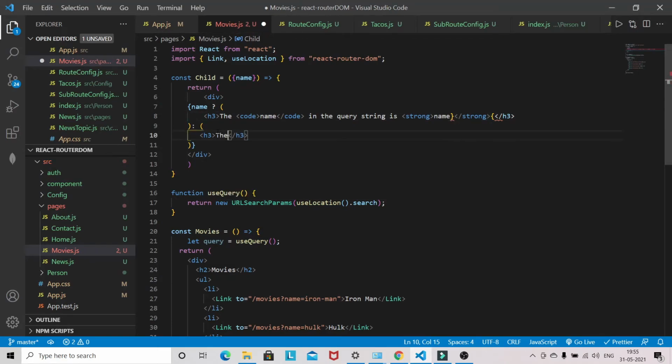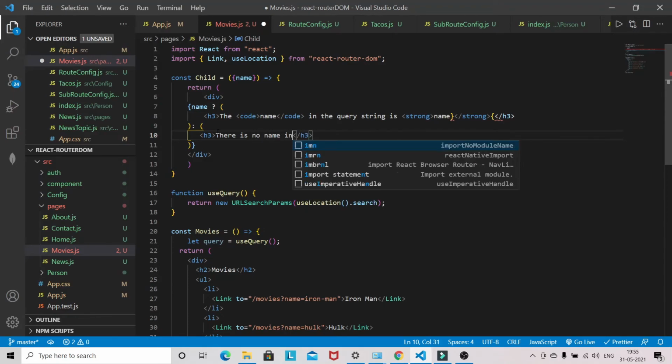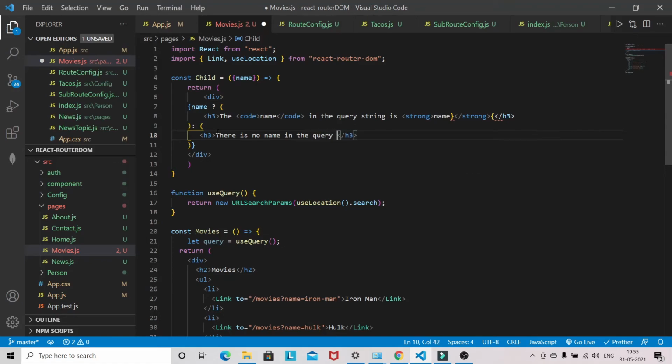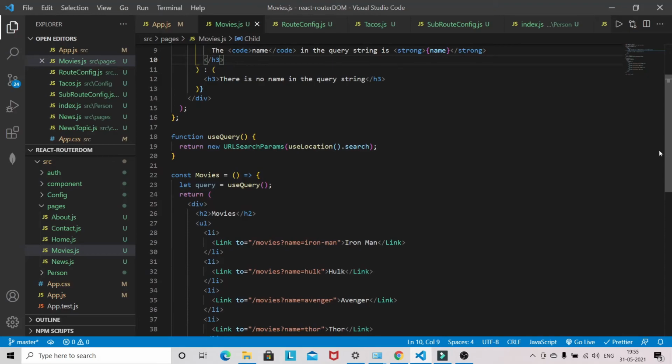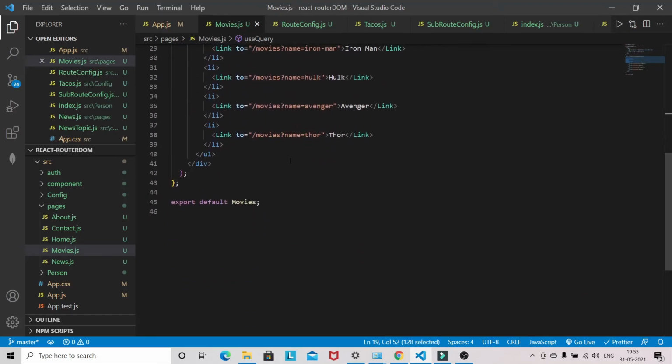And if we don't have it, then there is no name in the query string. Okay, some problem here. We need to close the curly braces here and remove the curly braces from here. Then it got formatted. Now we have to use the child component here.